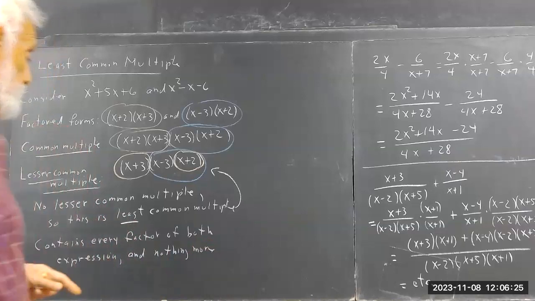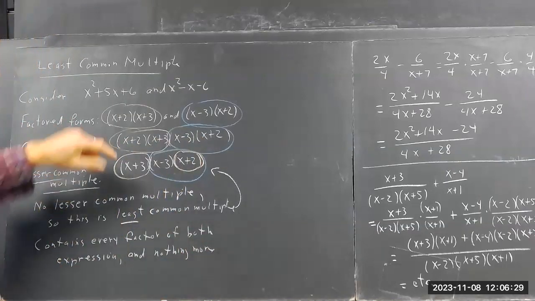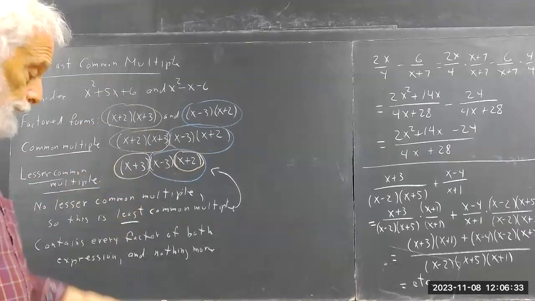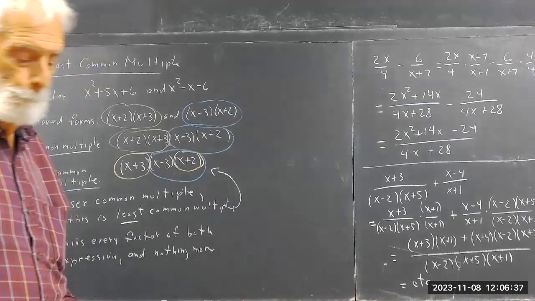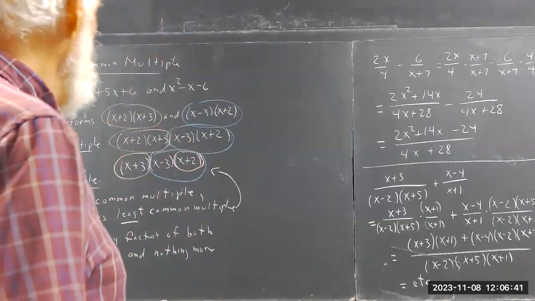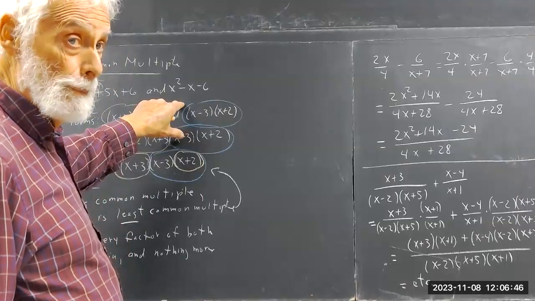And nothing more. Okay, this is not a least common multiple because one of these x plus 2's isn't needed. That's the idea of a least common multiple. If we were adding two rational expressions with these denominators,